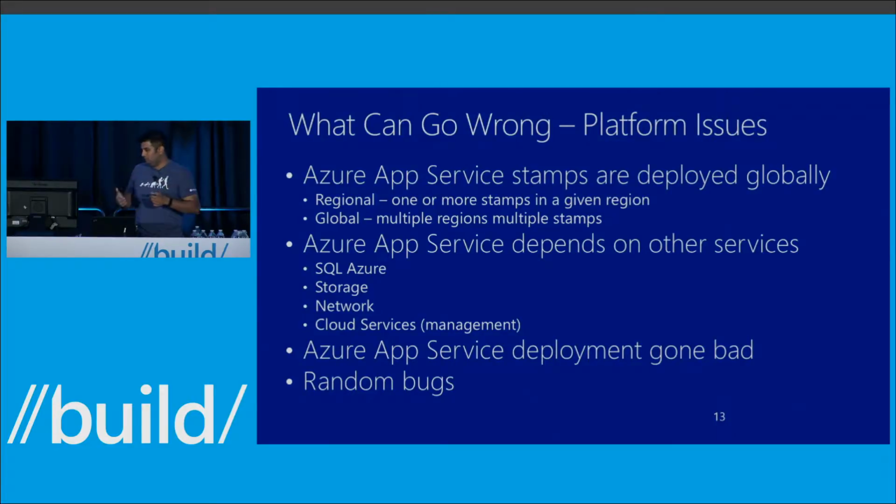So when we built this luxury hotel, it was basically using all the core services. Like we are dependent on SQL Azure. We depend on storage. We depend on network. We depend on cloud services. We're actually the largest cloud service out there on the Microsoft Azure platform, right? So as you can see, any of those components can go wrong or have an issue, and that will impact our service. We do have a bunch of abstraction levels built into our system to basically stay aware and try and avoid those issues. But things can go wrong. Plus, we're deployed globally. It can be any stamp or another. There could be random bugs, right? So these are some of the things that could cause the platform issues, and there isn't much you can do,